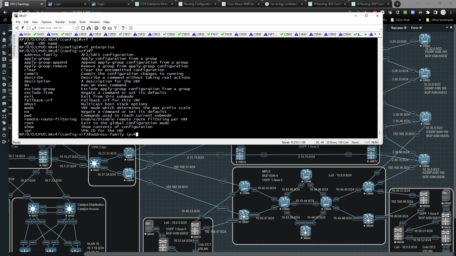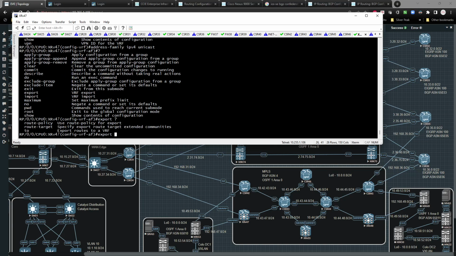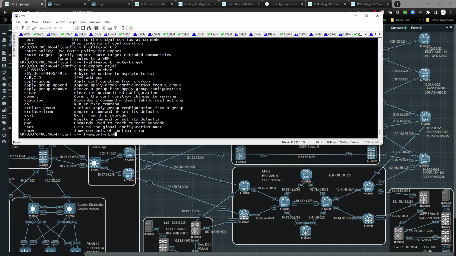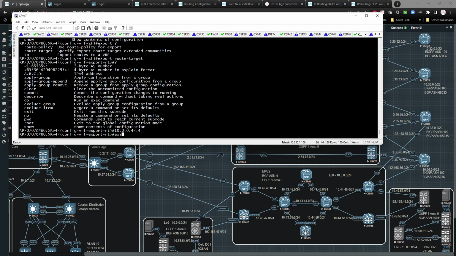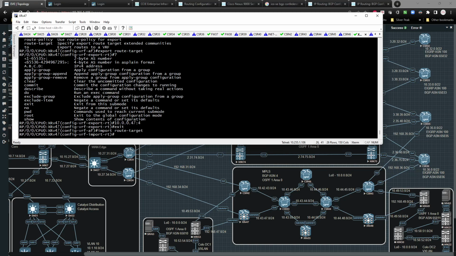Address family IPv4 unicast, and then we need to do an export rule, export route target, and then underneath here we're going to say the value is going to be 10.0.0.47:4, exit out of that, and then we're going to do an import route target, and it's going to be